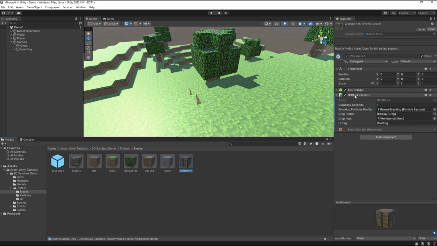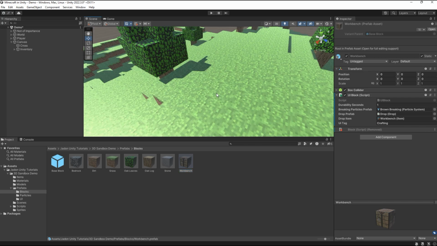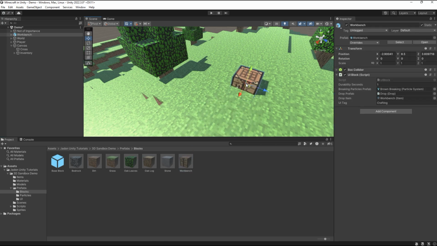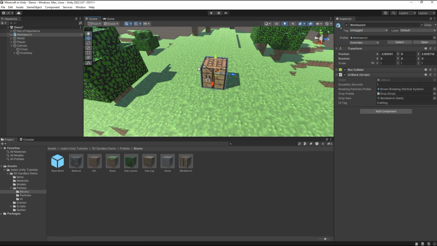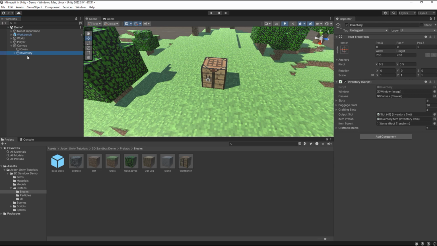And the reason why I did that is to make it as easy as possible for you, as you can use this UI block that will open a UI on click for many of your future blocks as well. Like if you want to create the anvil or Minecraft's enchantment table, you can use this one as well. But since we're unable to place other blocks besides the grass block, I want to put this manually into our world, like that. And now for its UI, I'm going to go on by duplicating my inventory UI,